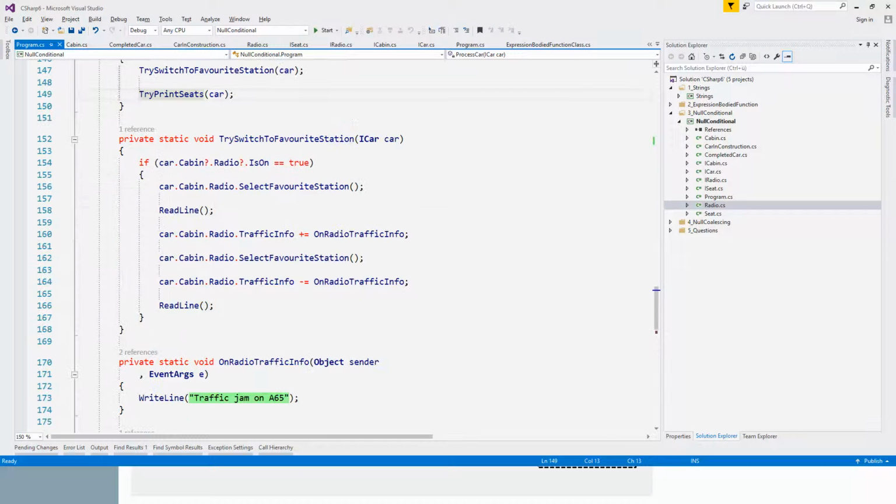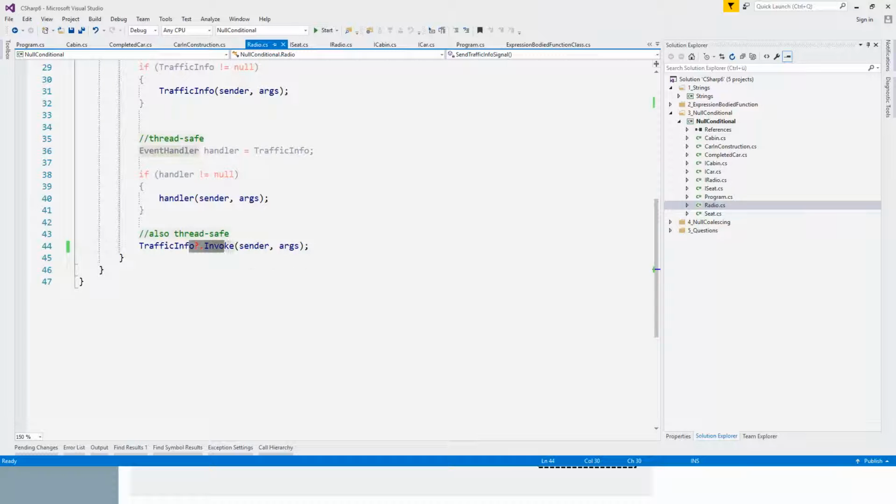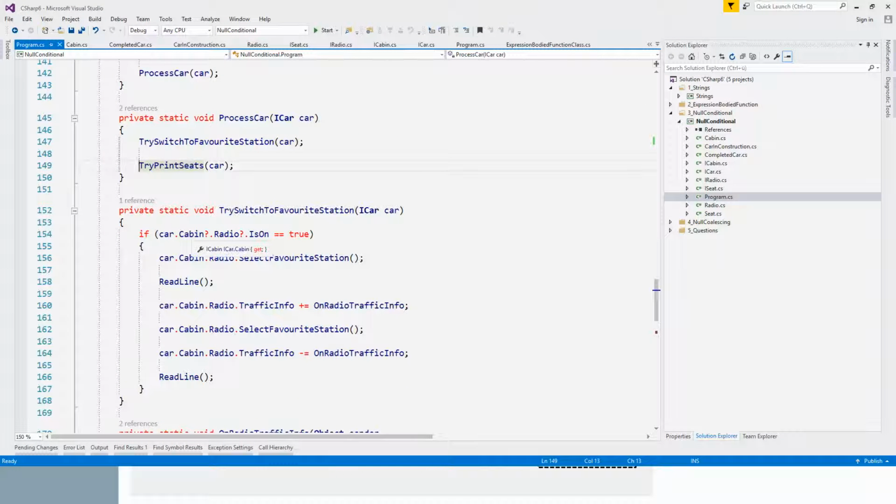And that's basically the two primary features of the null-conditional operator. One is to ensure thread-safe event invoking, which makes this a cool one-liner. And the second one is to chain conditions together without having to write